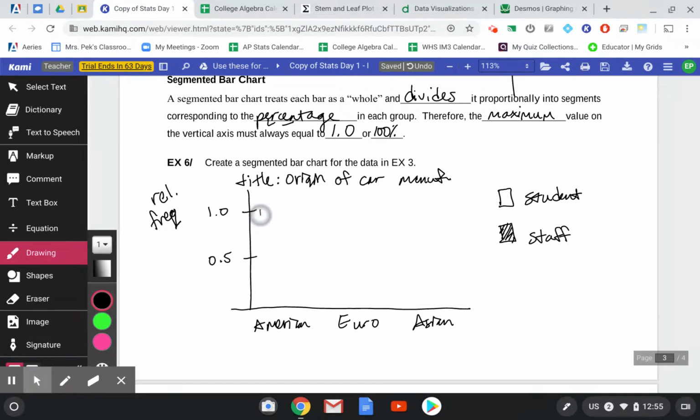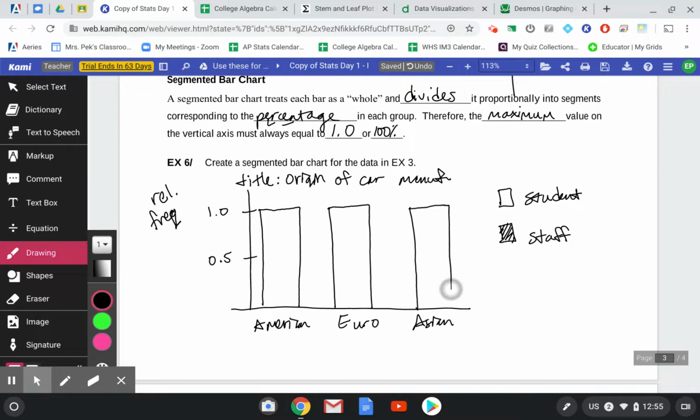So for each one of these, you can actually start by just drawing your rectangles. They're all going to be exactly the same. They're all going to go up to 100% or 1.0. Try to make them relatively the same width, like that. And then we kind of break up each one in terms of how many students and how many